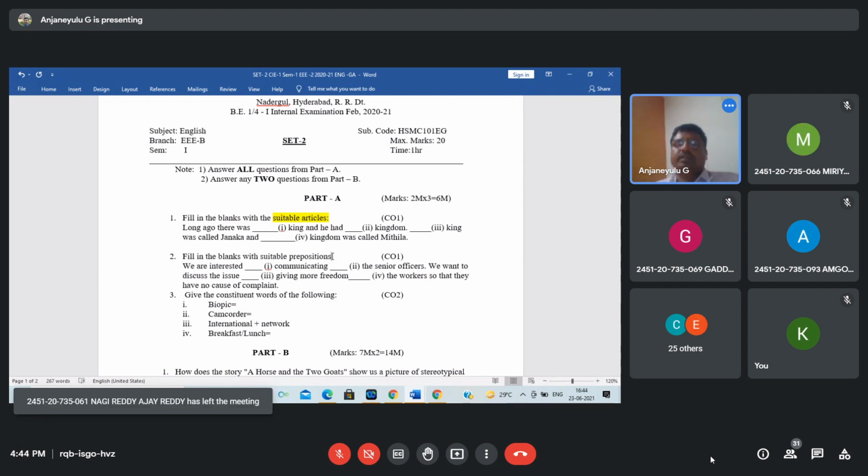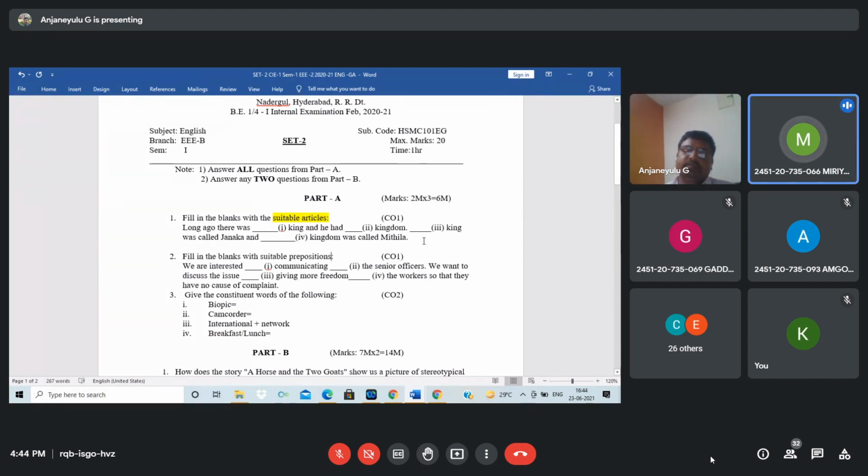A, sir. Yes, a only. So next, the third one, what is the answer? The king. Why not a? Because we are calling the particular king, that particular king. Yes, exactly. When you find the king initially, the first time, you should say that a, there is